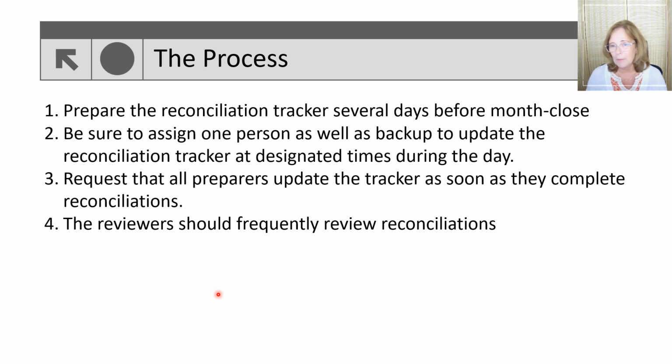The reviewer should frequently review the reconciliations, but depending on the length of your close cycle, it might be better to wait until day 3 of the close if you have a 5-day close cycle to review and sign off on the reconciliations. However, you know your month close process better, and you know what makes sense for you and your team. At the end of the close, before the financial statements are issued and published, the reviewer should review the tracker to ensure that all material reconciliations have been prepared and reviewed, and that the unreconciled variances are within requirements. Once all reconciliations are prepared, the department lead should sign off on the tracker and check off or sign off on the internal control checklist for the reconciliations as well.